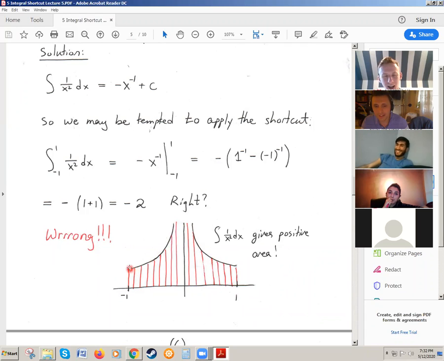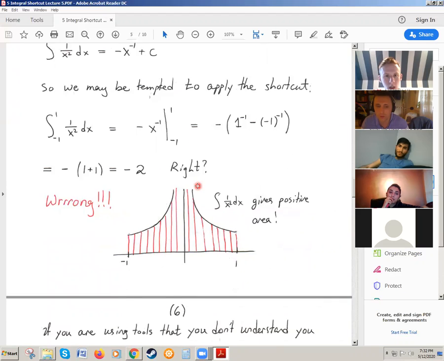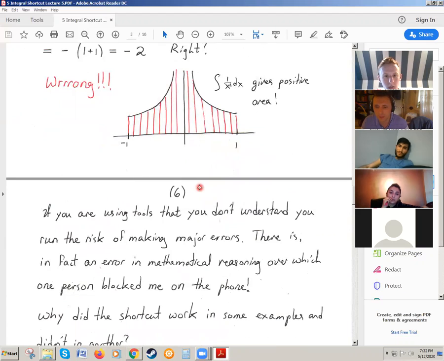You see that it looks like I'm just adding up positive area, right? So by observing it, I expect possibly a positive area. Maybe infinity. I'm not sure, right? Well, I am sure. So you're stuck. Basically, the shortcut is not going to lead to a correct answer. And again, guys, the question is not how to get an answer, but the question is